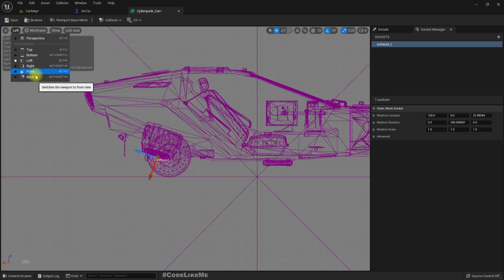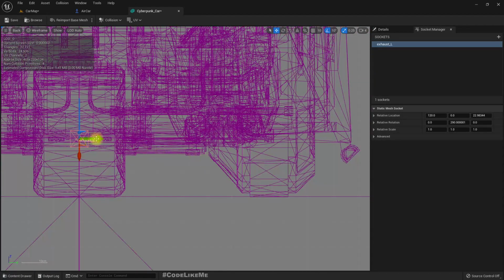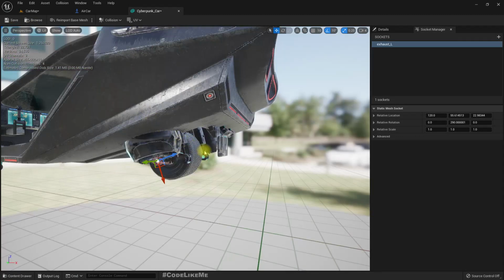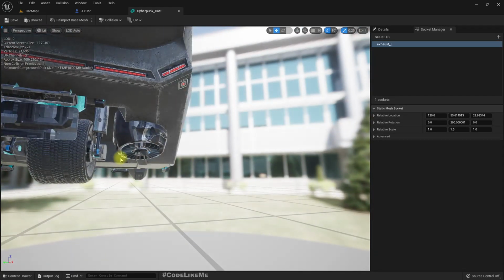And go to the back view and align it properly here. Right, now it's there. Similarly, we need another exhaust to the